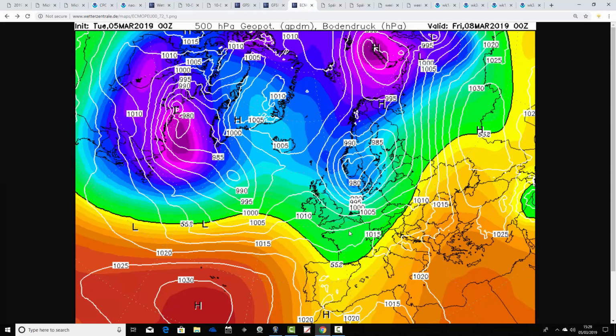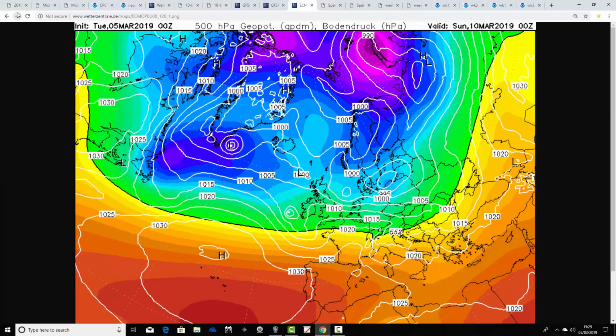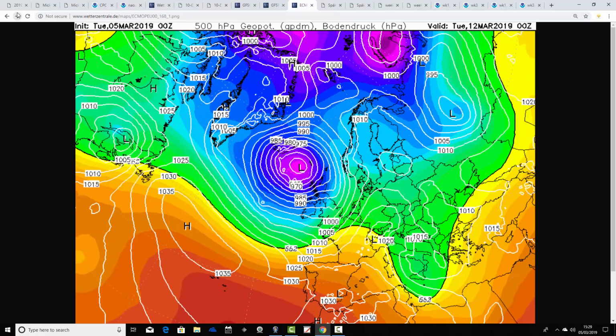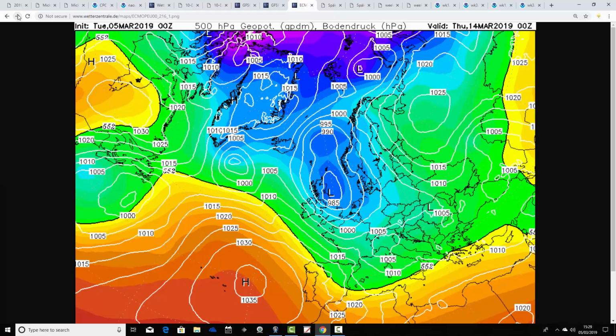So again, there's that little transient ridge there for Friday, but by Saturday that's been swept away as low pressure has returned from off the Atlantic, and then we keep things unsettled into next week. Low pressure continuously moving in off the Atlantic, bringing showers or longer spells of rain, quite strong winds too with the ECM. Going up towards day 10, that's how we're looking, unsettled and quite chilly, but winds are coming in